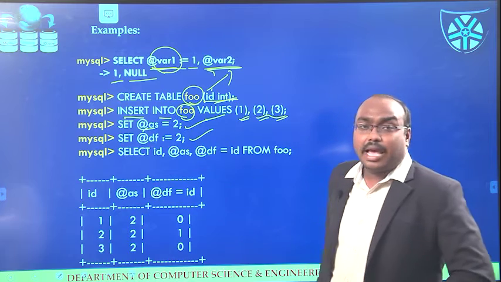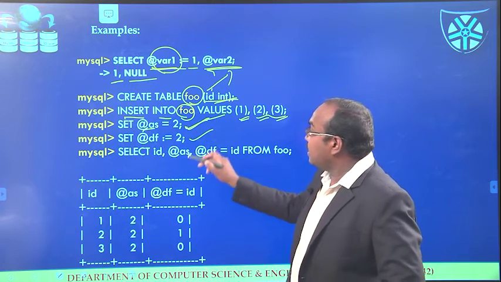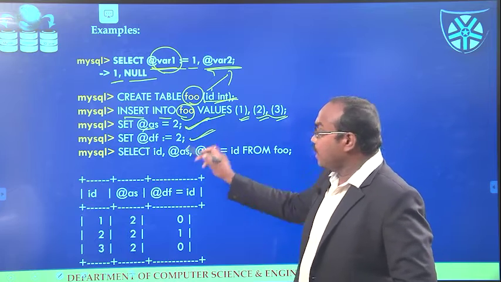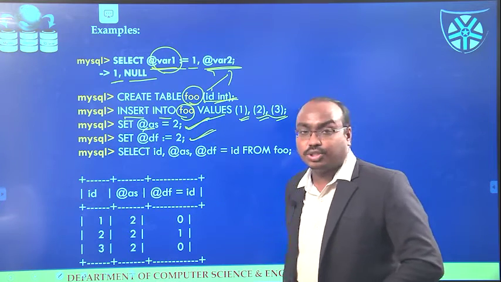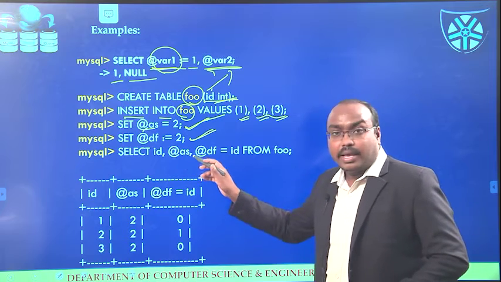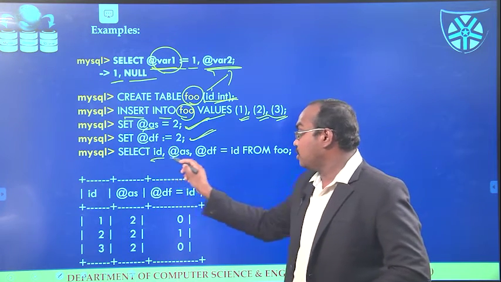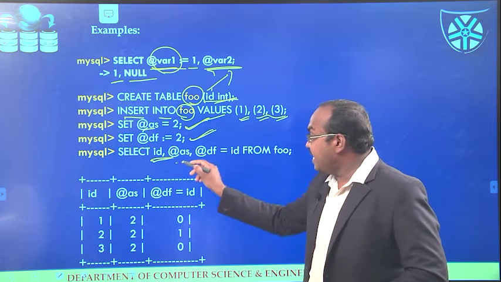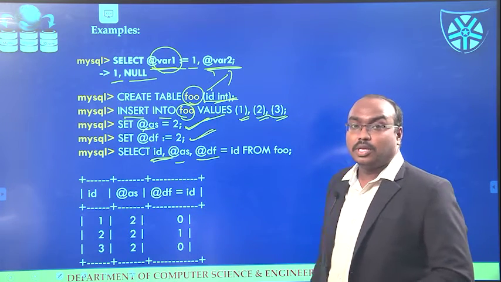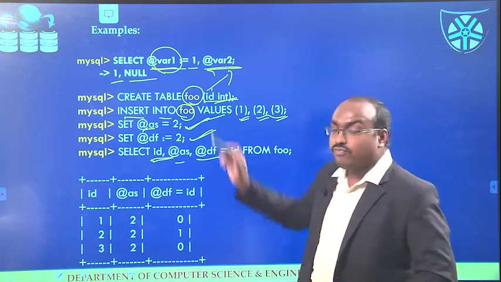So here I am assigning values to AS and df, and the other variable's value is also 2. Next, select id, AS, df. I am retrieving the values of these 3 variables, id, AS and df, from the table FOO.